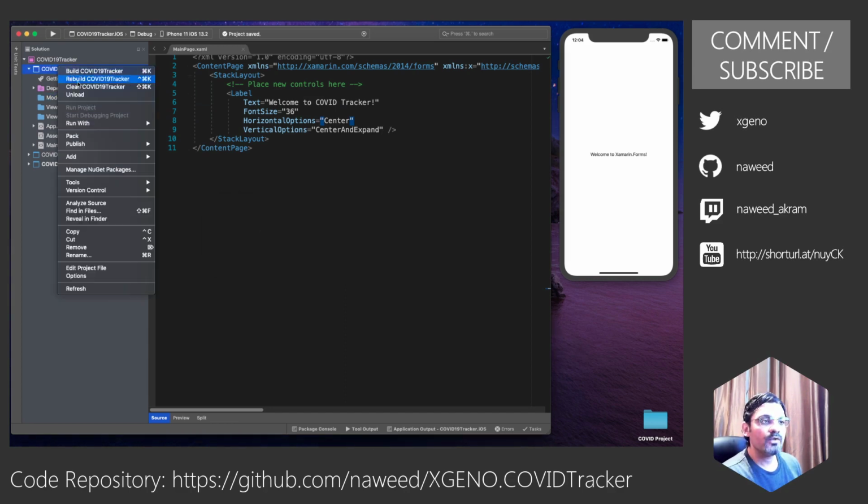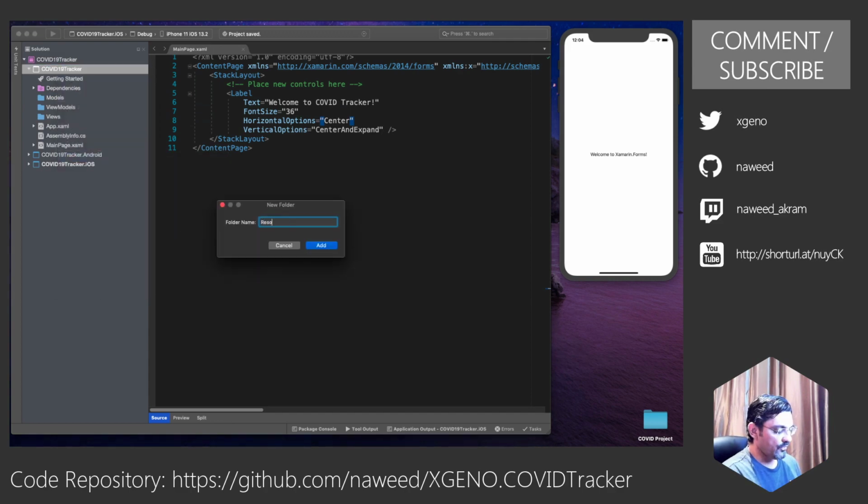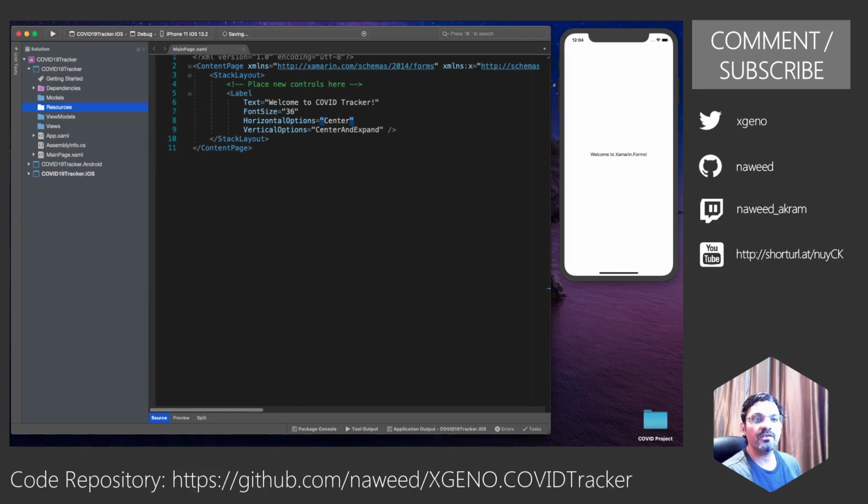I also like to have a folder for resources, shared resources. One of the shared resources we'll be using in this project is fonts. Up until a month or so ago, if you had to include fonts or customize the fonts, you had to add those fonts in each of your platform specific projects, such as the Android assets folder or the iOS resources folder. For iOS, you had to go to the info.plist file and add the custom fonts over there, and even in your XAML pages to refer to them, depending on whether you are building an Android application or the iOS application, the syntax was very much different.